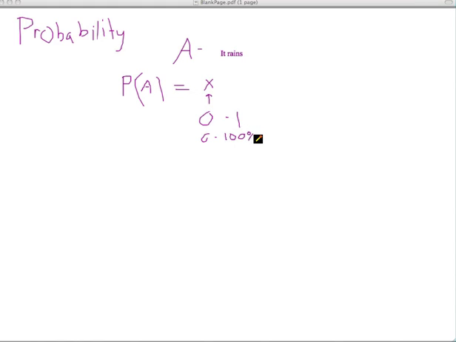0 to 100%. So probability that it rains, okay, so let's say you're indoors or in a cave, it might be 0. Let's say that you are literally in a hurricane, it's 1. So 1 means that it absolutely will happen. There's no chance that it will not happen. 0 means that it will not happen, never. There's no chance that this will happen. So probability will always land between 0 and 1.